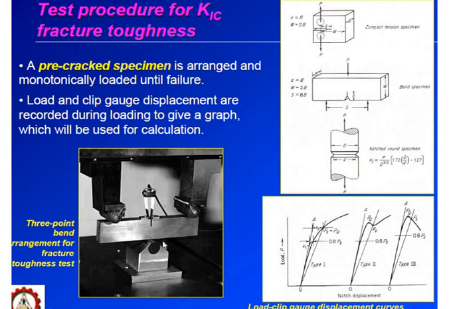So this is the arrangement. When you arrange all these conditions, you note the readings until the fracture finally happens. The load displacement curve finally looks like this for the 3 specimens: type 1, type 2, type 3. After drawing it for these specimens, it is not the case that every specimen gives the same curve.